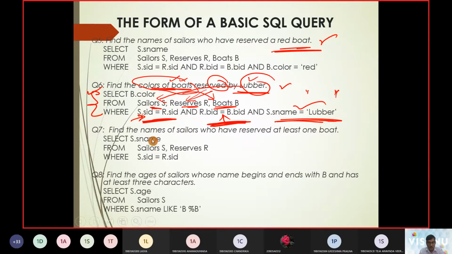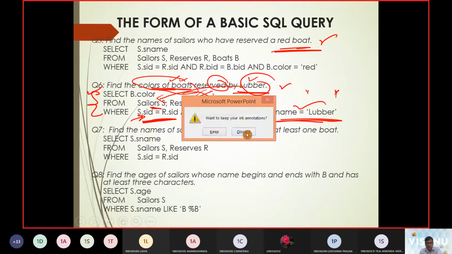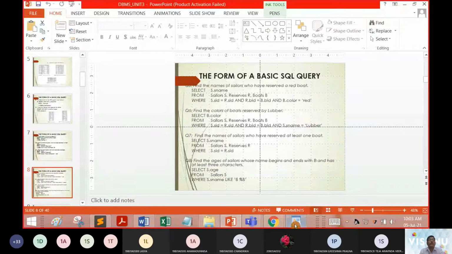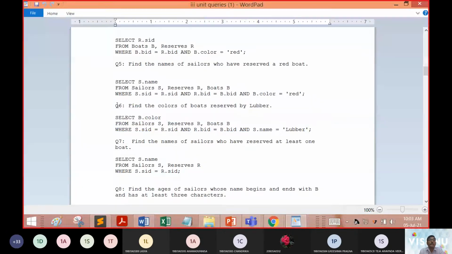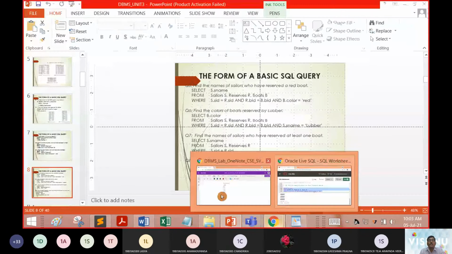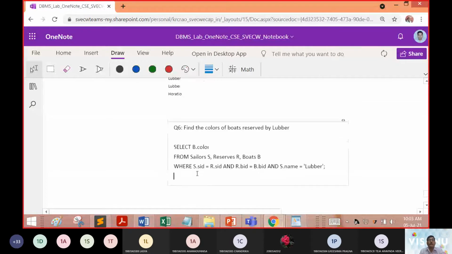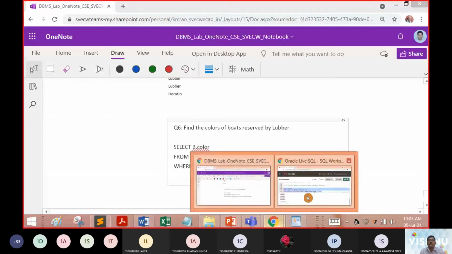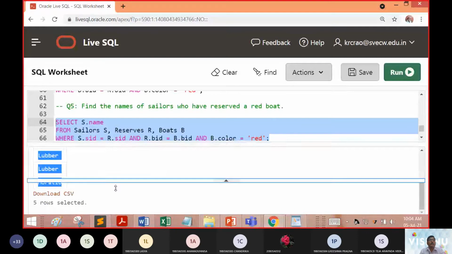So that is all the query we need to get it up. In order to execute this query, we will now look into the query where it was located here. Now we will put this query into our One Notebook, then we will put the same into the live SQL part.